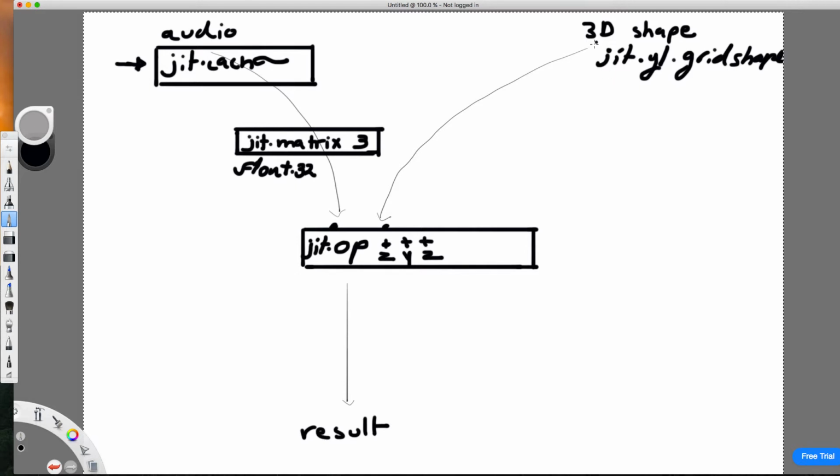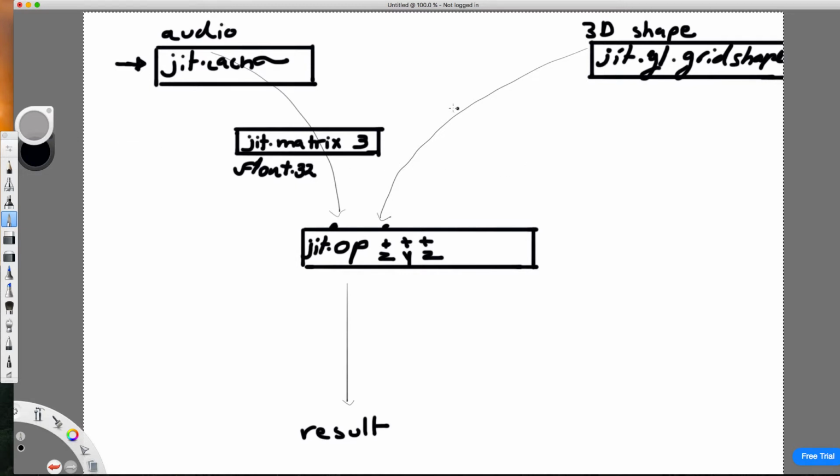And we will need as well to transform this shape into a matrix, because we'll need later to perform an operation between two matrices. So in order to convert this jit.gl.grid shape into a matrix,